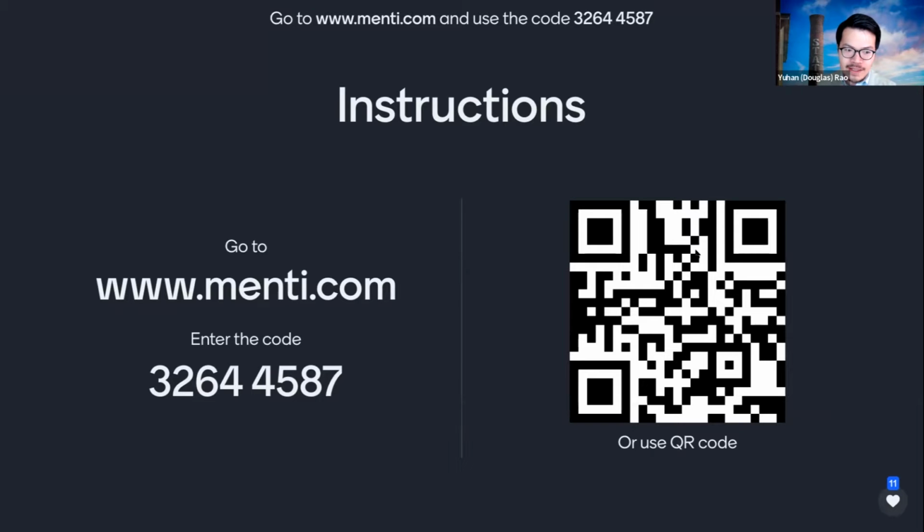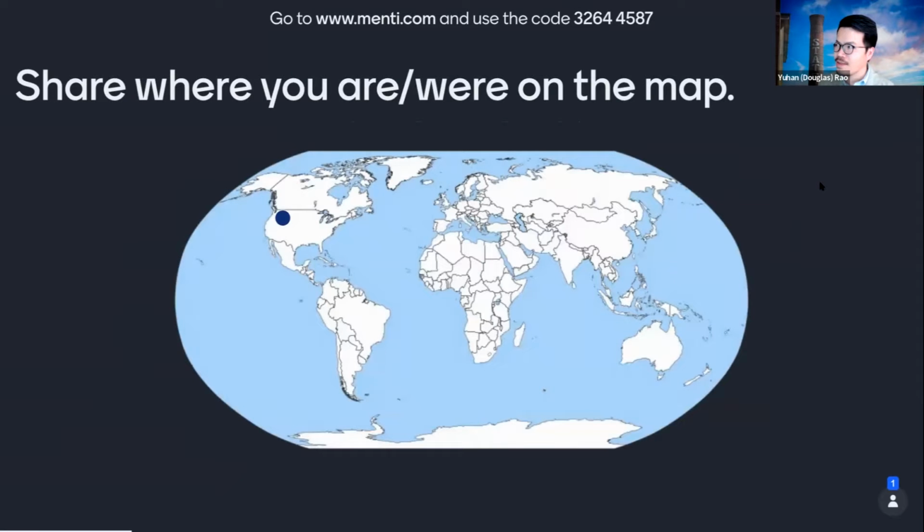If you can go to the Mentimeter poll, I would like to invite you to put your location onto this map. You can hover your mouse to locate yourself on this map, whether it's where you are right now, or your vacation in the holidays, or your most recent field trip before everything got shut down. I really hope we can see some other places outside the US, but it's just my personal bias.